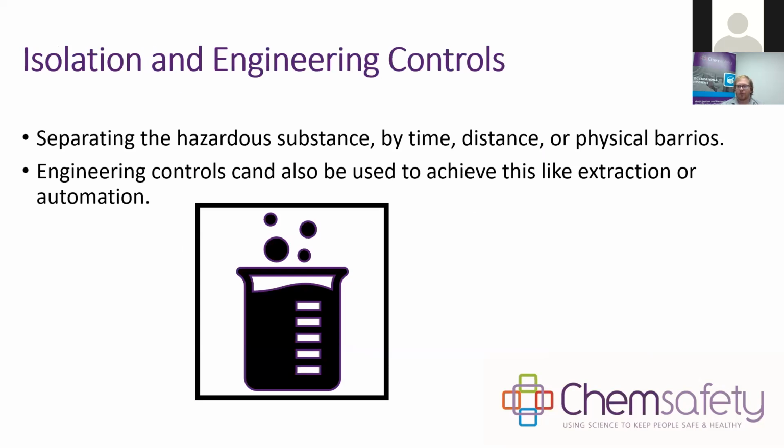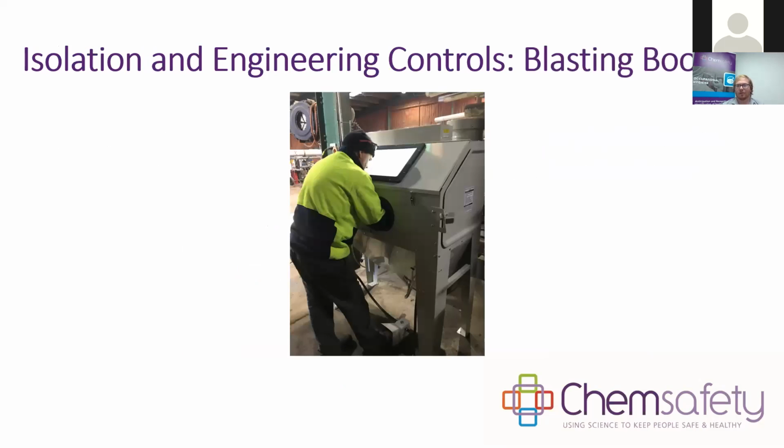So then we move on to isolation and engineering controls. This involves separating the hazardous substance by distance, time, or physical barriers. Engineering controls can also be used to achieve this, like extraction and automation. So we'll go into some better examples here. So distance is an easy one to figure, or physical barriers, we sort of have a mind on them, but also time